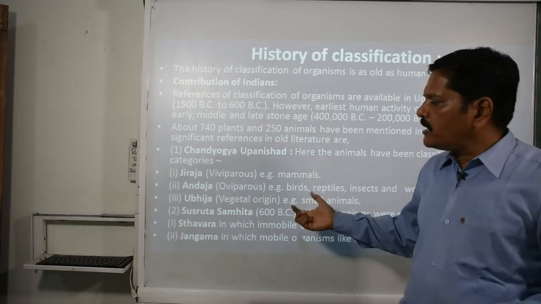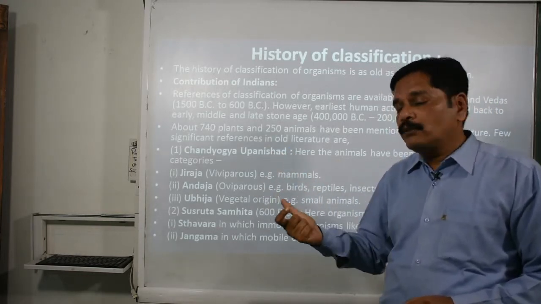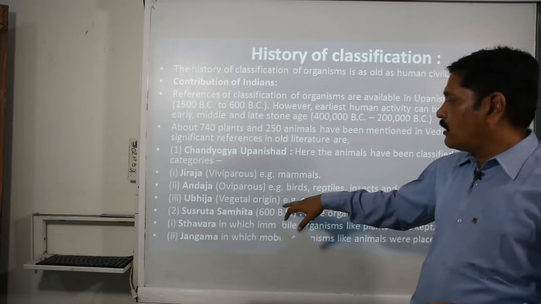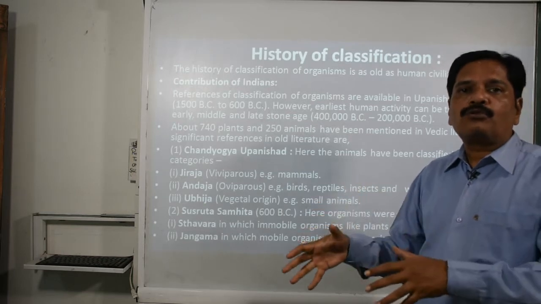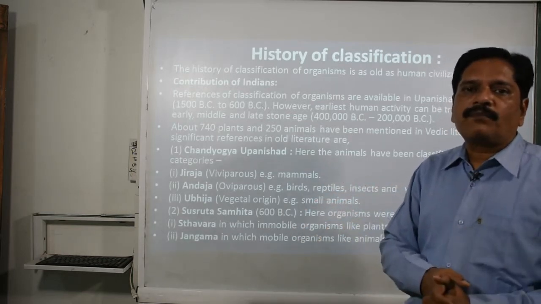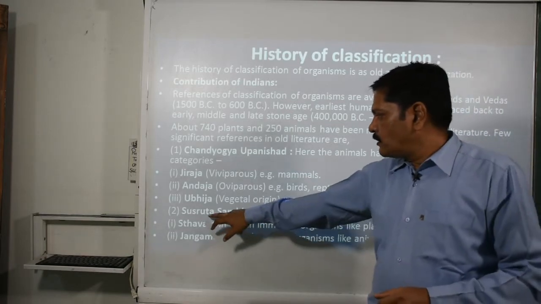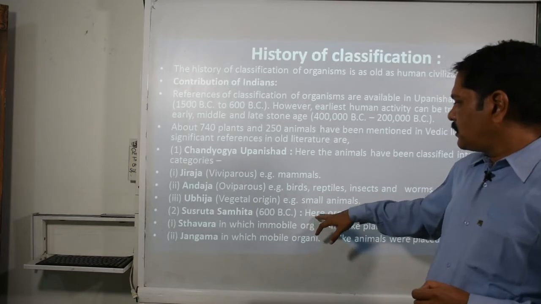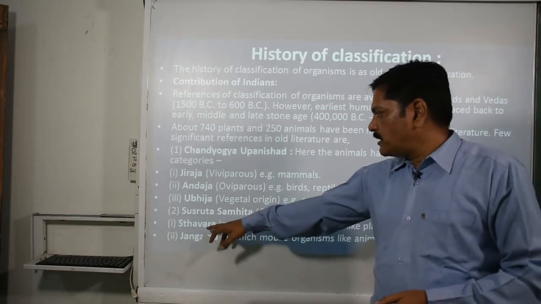Okay, but actually in this one they explain about the animals who are based on one thing, vegetal organism. That means those who live only on grass and herbs. Clear? Now, the Sushruta Samhita, nearly 600 BC, classifies organisms into one that is